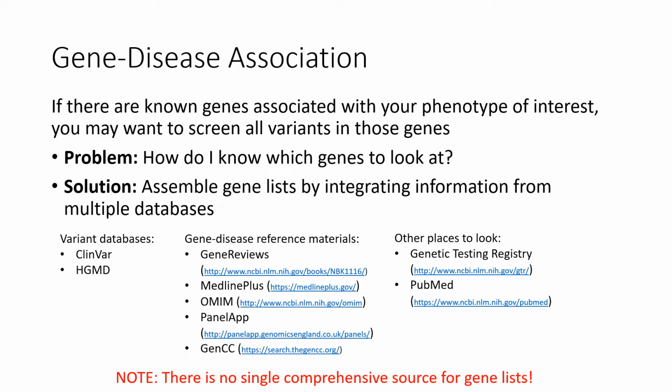We also will take gene disease reference materials like Gene Reviews and Medline Plus, both of which are better resources for more well-established disease genes. OMIM is a database of gene disease associations that tends to capture more newly discovered genes, though is certainly not